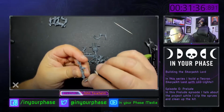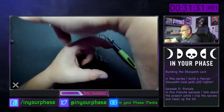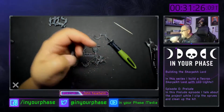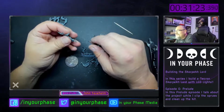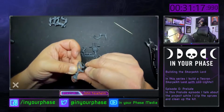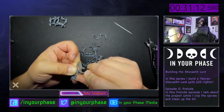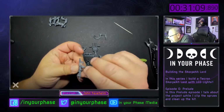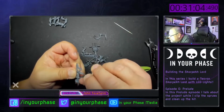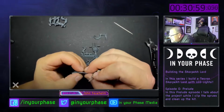But on all the vehicles or the transports that I put lights in, basically what I did was I took the transport and I put UV LEDs all the way around the outside. I think each one has like 12 or 16 UV LEDs pointed outward, kind of outward and down. And the idea was that, if I played with my Devilfish for the Tau army, they'd be emitting these little UV zones around them. And so as I move my Fire Warriors out, you'd catch a little bit of a glow, or as they got near other units, you might catch a little bit of a glow,